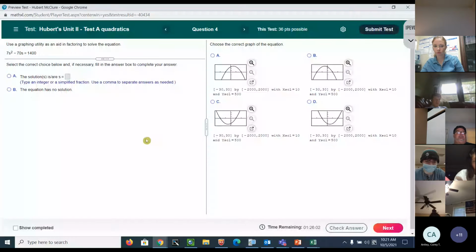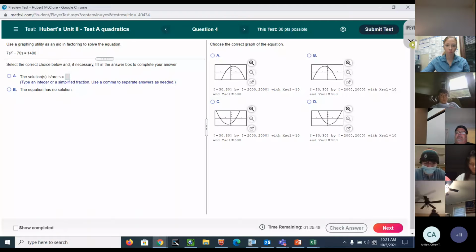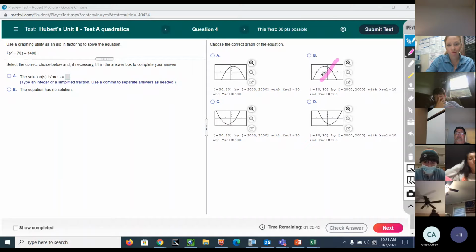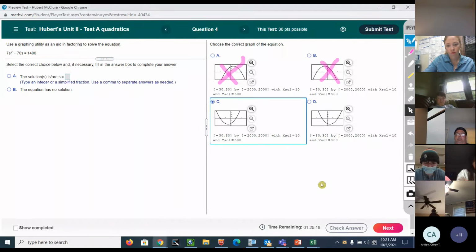Somebody tell me which one shows 7x squared. The 7 means something, and the positive means something, and the x squared means something. Which one is it not? It's not A, and it's not B. Why? Because they have a negative slope. Which one is going to be narrower? Oh no, this one looks a little bit narrow. But you put it into the calculator, and I'm going to say it's C. It looked like it was a little bit wider, but